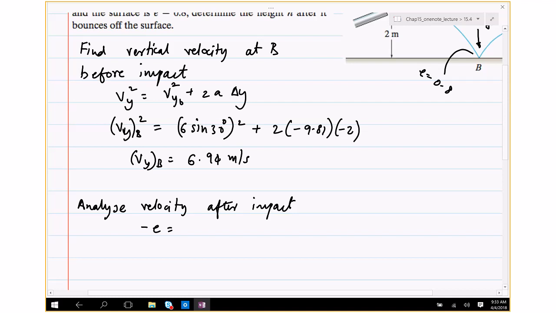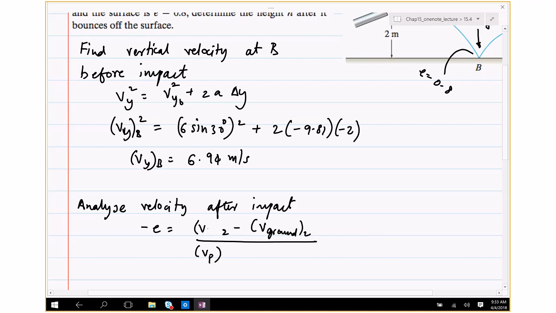One of the bodies is the particle, the other body is the ground, right? So velocity of the particle after impact minus velocity of ground after impact, divided by velocity of particle